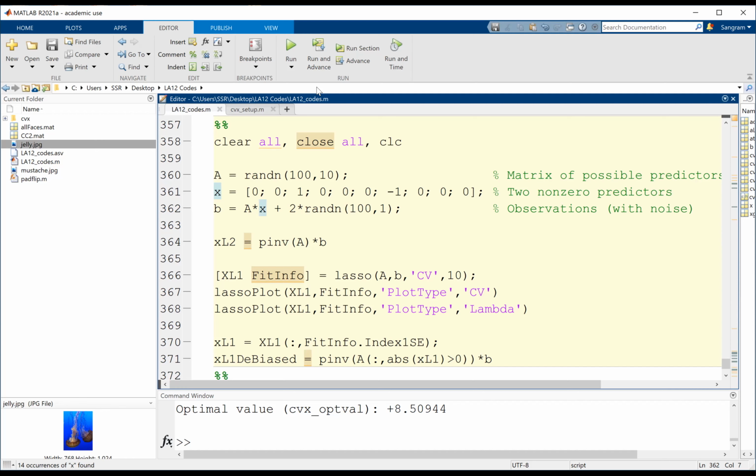The algorithms we talked about, the least square and, for that matter, the inverse, assume that this matrix A is well conditioned. What do I mean by well conditioned? If A is a square matrix, the ratio of the maximum eigenvalue to the minimum eigenvalue should be less than 10 for numerical stability.